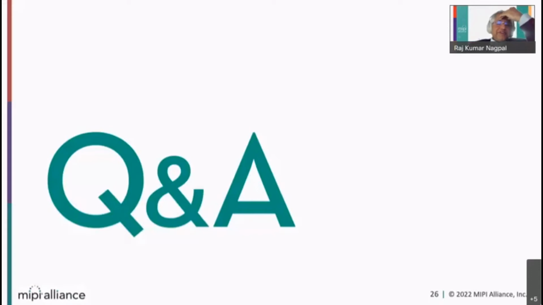Okay. Let me repeat the first question: what tools are available for debugging and testing of the A-PHY link? This is a very big engineering topic; I could speak on it for hours, but how much time do I have? Basically, there are three levels of tools: tools at the design stage, tools for design for test, and tools for test. If you want to see digital block performance, you use BIST. For analog, you use your analog design test benches to validate the performance.